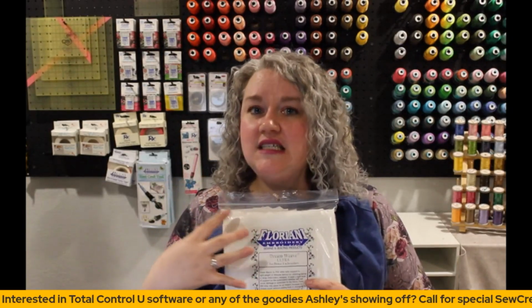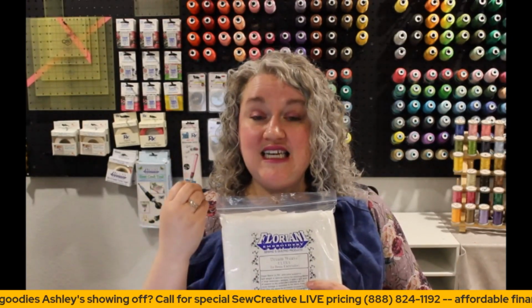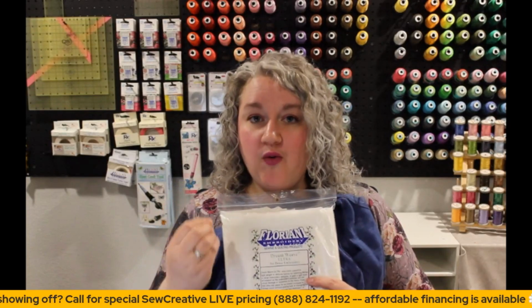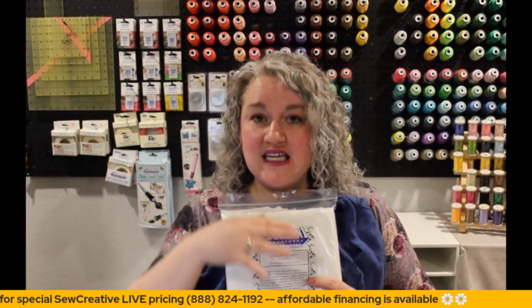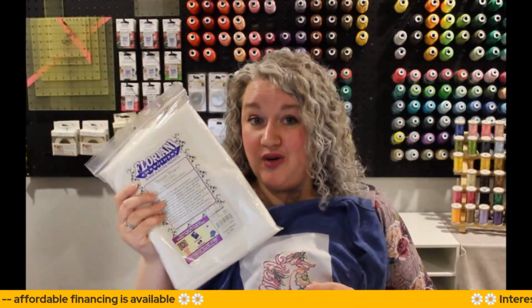you add your stabilizer, this is going to be an extra layer of defense to hold everything together so that way your fabric is less likely to get that cupping or doming effect to it. So I started with my Dreamweave Ultra because this cool little horse design, I think this was like 37,000